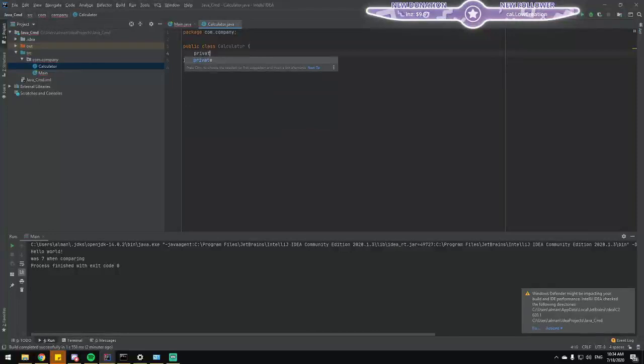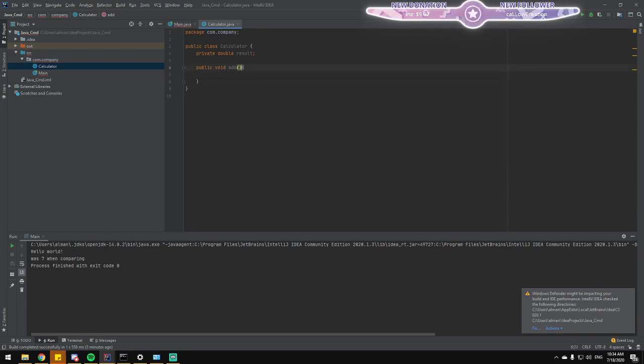Okay. Private double result, public void add. Function names are non-capital, if I understand correctly.